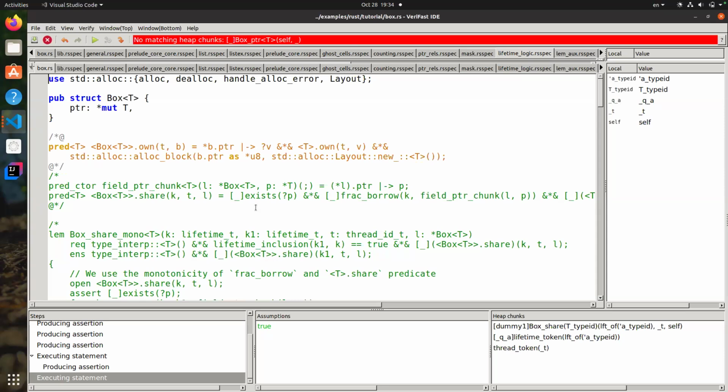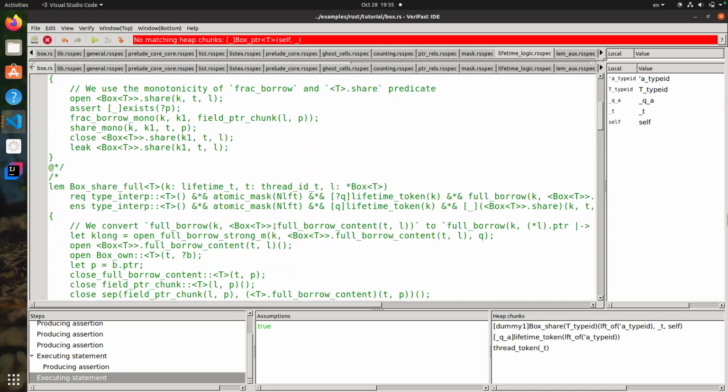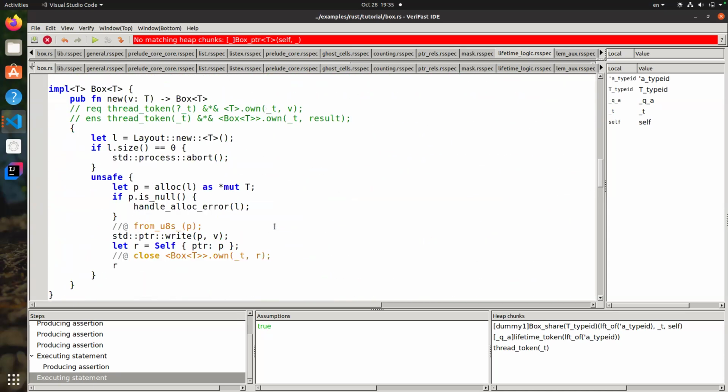What we just need to know about RustBelt here is that RustBelt gives an interpretation of the types of Rust and tells us that if you provide an interpretation for your type, which satisfies some structures you will see later, and then all of the